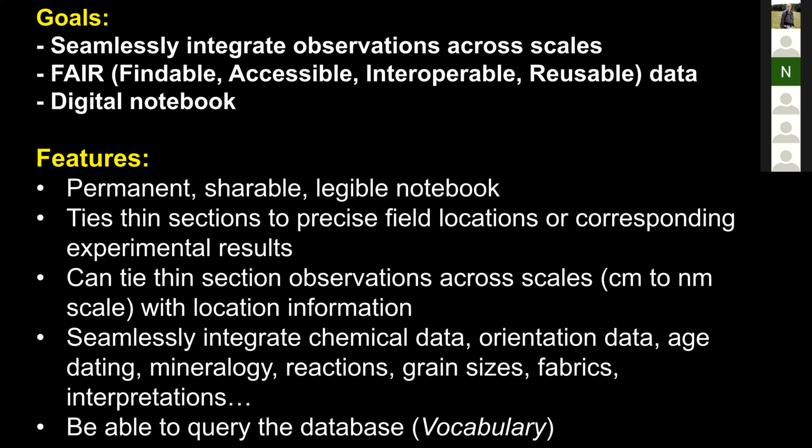I know my notebooks frequently aren't that legible. We want to be able to tie thin sections to precise field locations or the corresponding experimental results they came from. And then within individual thin sections, we really want to be able to correlate things across scales. So we want to know where, say, photomicrographs taken on a TEM at the nanometer scale are on the thin section scale, and then where they came from in the field. And then we want to be able to take a bunch of different data sets and relate them to one another. That'll be chemical data, orientation data of the grains, age dating, mineralogy, reactions, grain sizes, you name it, we want it all in one place